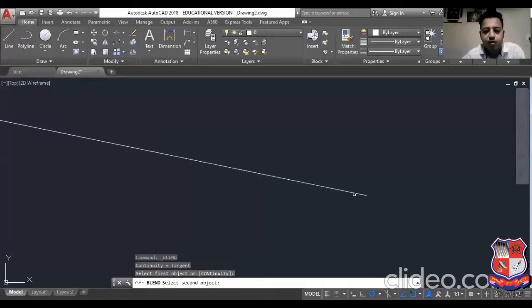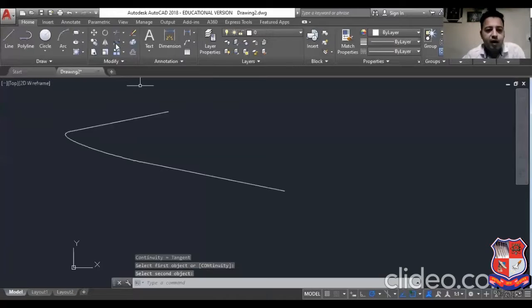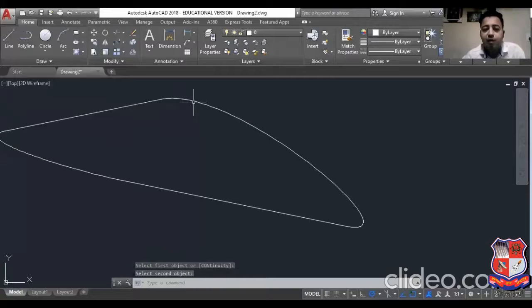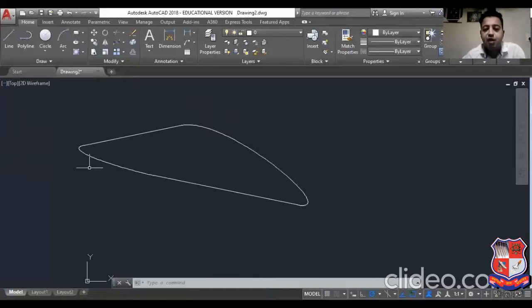That depends on you, which endpoint you want to select. And again, I will go for blend curves on this line and this line. Here you can notice that the curve is automatically made tangent with the endpoint. We do not need to go for a tangent operation individually. It will take it directly. So this kind of curve you can create with the help of blend curves.